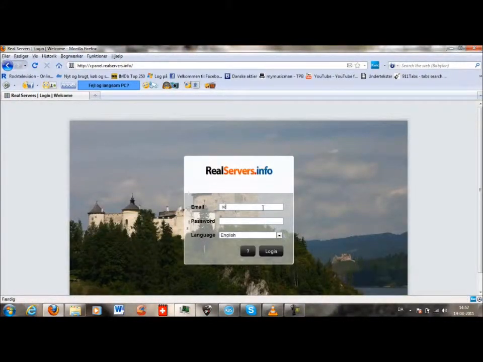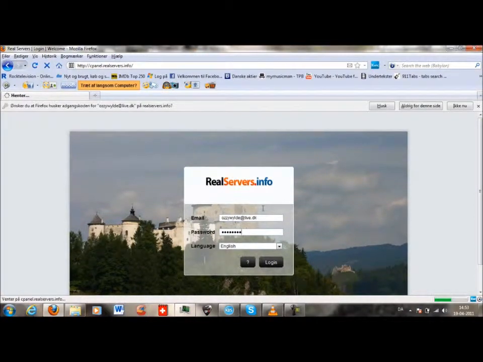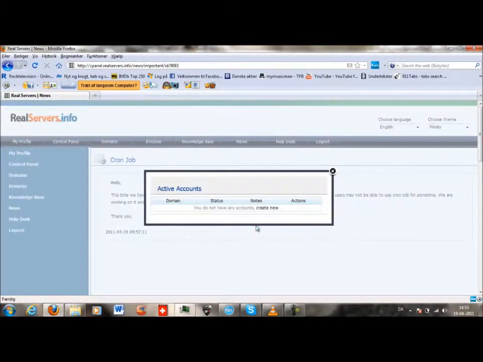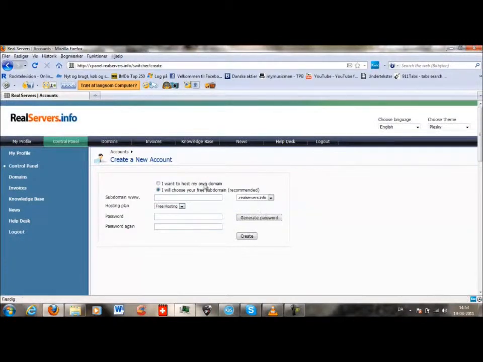And then you type in your email and your pass, and click control panel. And you don't have any account, so you create one. And you will choose a free subdomain, or if you want your own domain, you can. I will call my subdomain Aussiewild.realservers.info, and then you make password and retype it, then create,